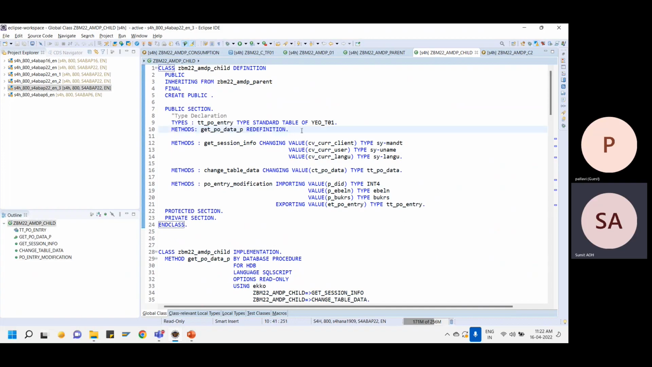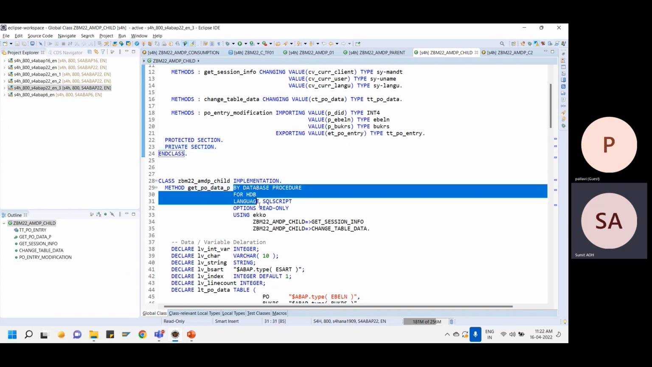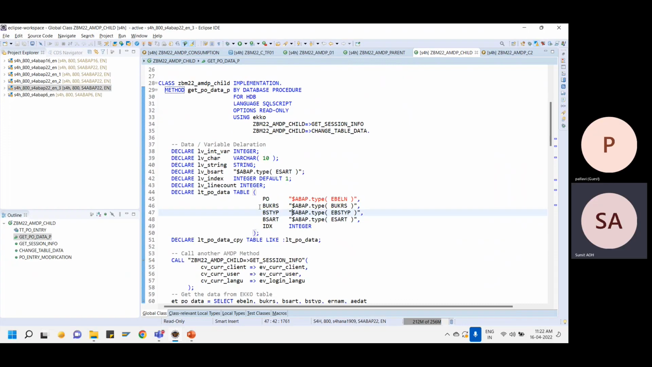This whole structure is residing in the parent class. Here I don't have a marker interface, but still my child class would behave as an AMDP class. So I can create an AMDP method inside that. Here we learn that we can do the data declaration as we did in